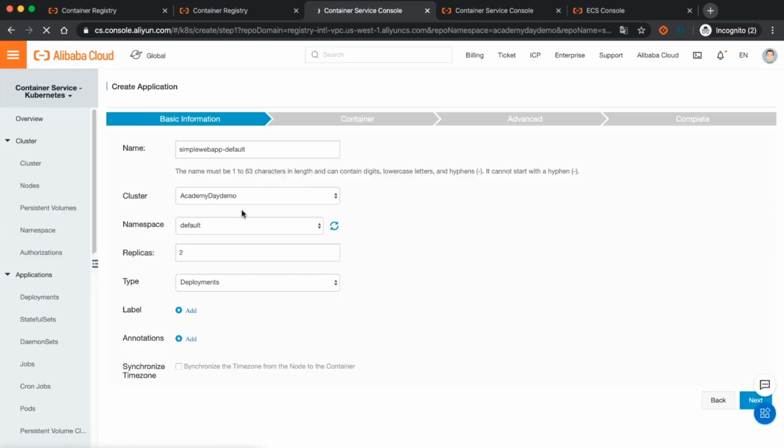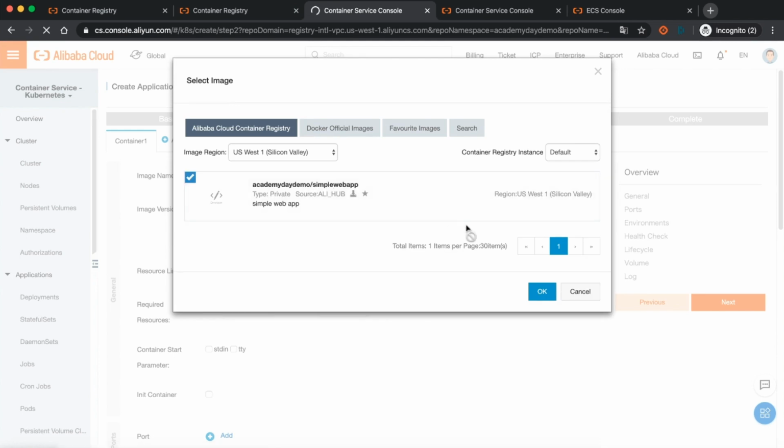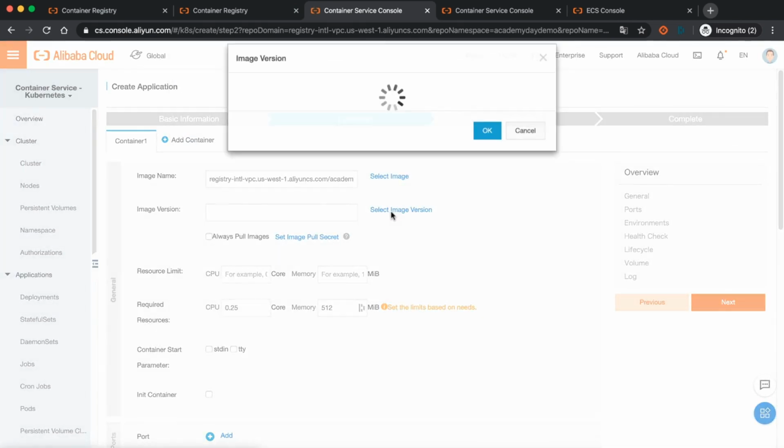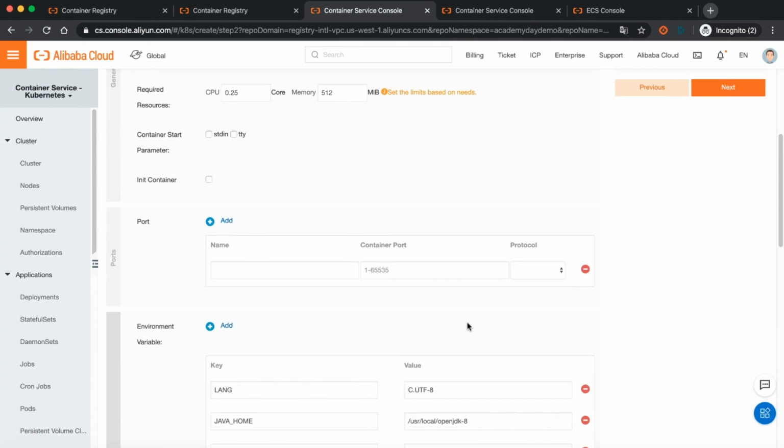You have to select the cluster namespace and choose the type of the application. It's a new deployment. And select the image. Select the version latest and check the always pull image feature. Go to the next page